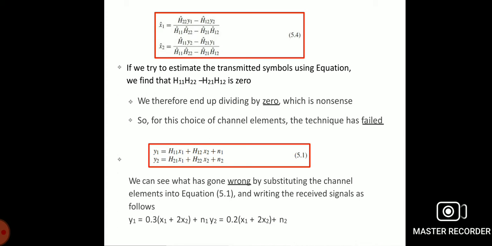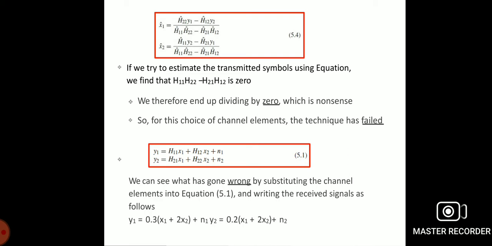So once again, y1 and y2 are the received signals at the two different receive antennas. So h11 x1 plus h12 x2 plus n1, where n1 is added with the unwanted ISI noise. Similarly for y2, at receive antenna 2, h21 multiplies x1 of the signal, h22 multiplies x2 of the signal, and also n2 is the interference noise signal of a different time period. So to y1 and y2 we add the external noise of the different time periods at the receive antennas at the end of the communication side.